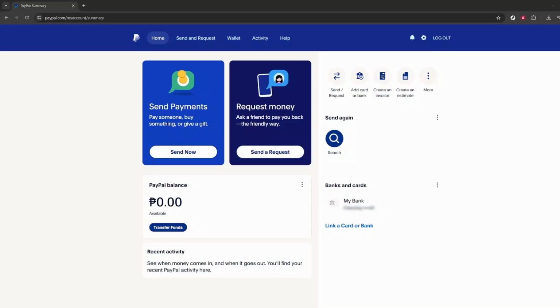In today's video, I'm going to teach you how to find your PayPal Merchant ID. This is the unique identifier many platforms ask for when you connect PayPal for payments, invoicing, or third-party integrations. It's different from your email address or API credentials, and it's typically safe to share with trusted services, though you